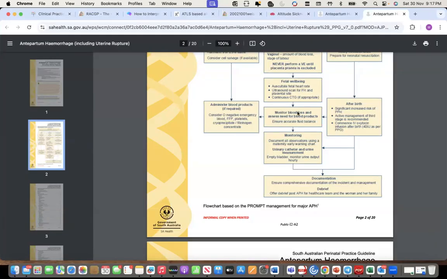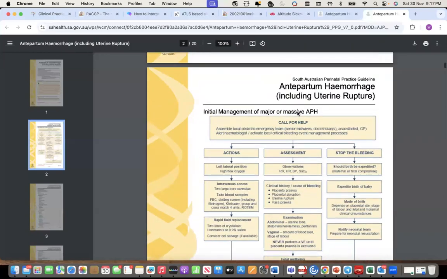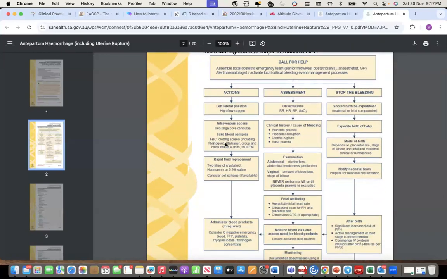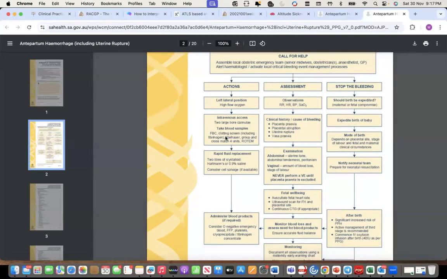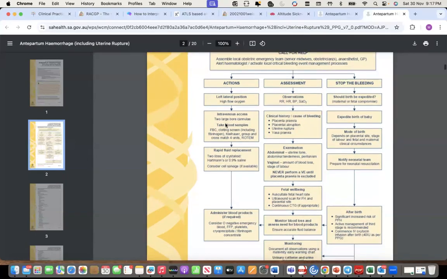Sorry, where is that? Under action. Action here. This one you're talking about? Okay, don't confuse with this one. See, the patient has a history of bleeding here. If you want to come here in the assessment, yes, I get it. What are you saying? So you're talking about this one. I can't highlight this one. I don't know if you can see this one. Okay, so you are thinking about this one, rapid fluid replacement. Right. See here,